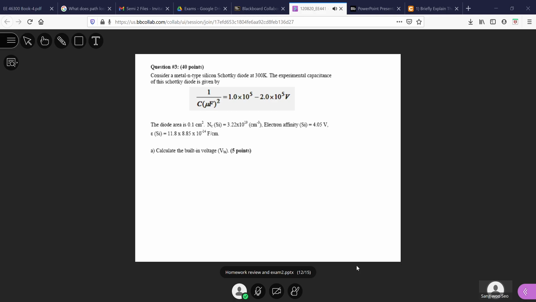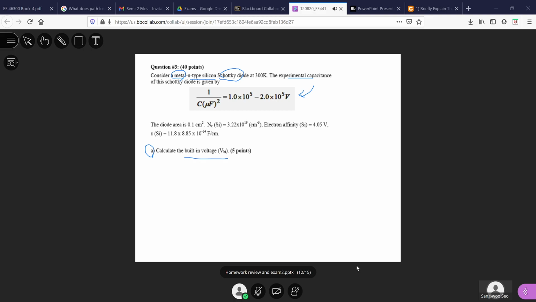And then question 3, this one is, now we have a metal and N-type silicon forming a Schottky diode. And the experimental capacitance when we measure this Schottky diode follows this equation here. So the question we're asking in A is, what is the VBI? To answer this question, as we discussed in the class,